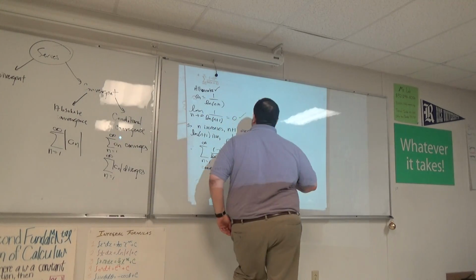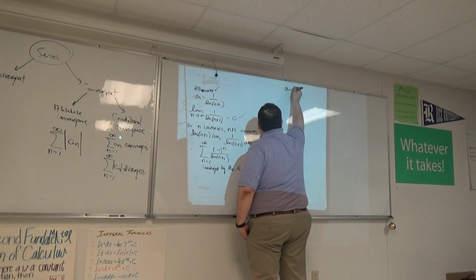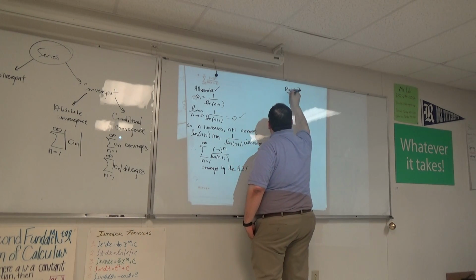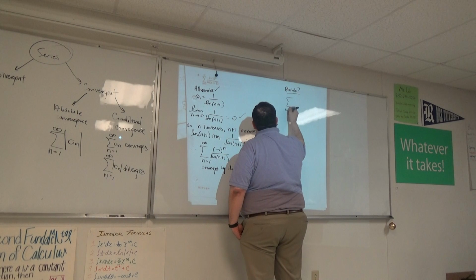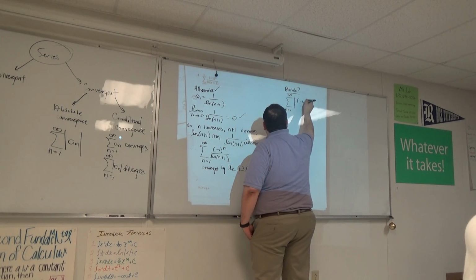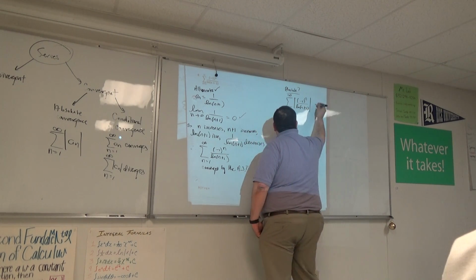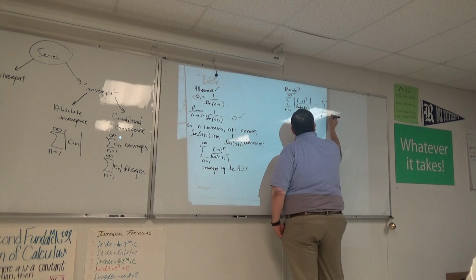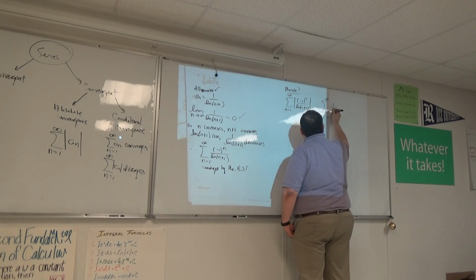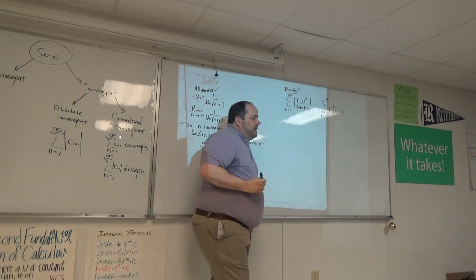Now we need to look at the absolute or conditional convergence. If we're going to test for absolute convergence, now you're going to take the sum of this series, absolute value, -1 to the n, natural log of n plus 1. You know that those absolute value bars just eat the alternating term. And now we need to